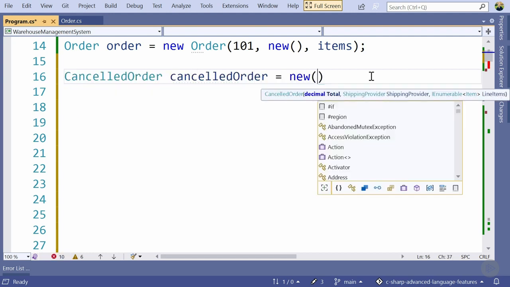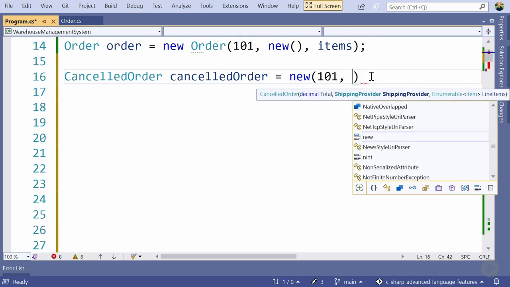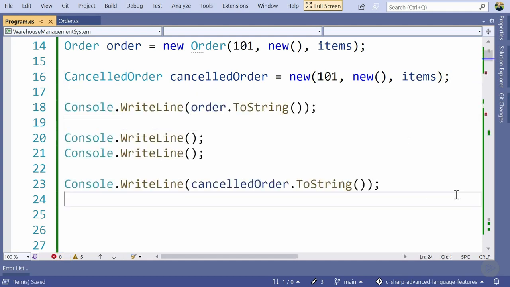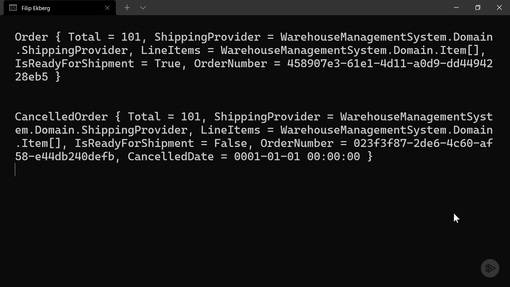the method printMembers. If we create a string representation for the order and for a cancelled order, we can see that the string generated contains the name of the type and the properties. Some of them have values, but if they are reference types, they will only display the type that it is